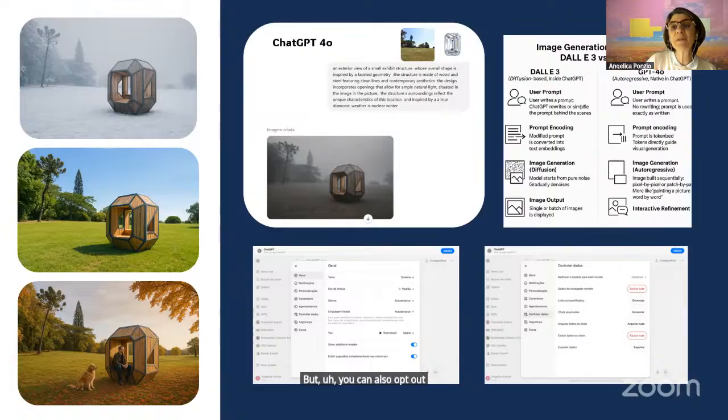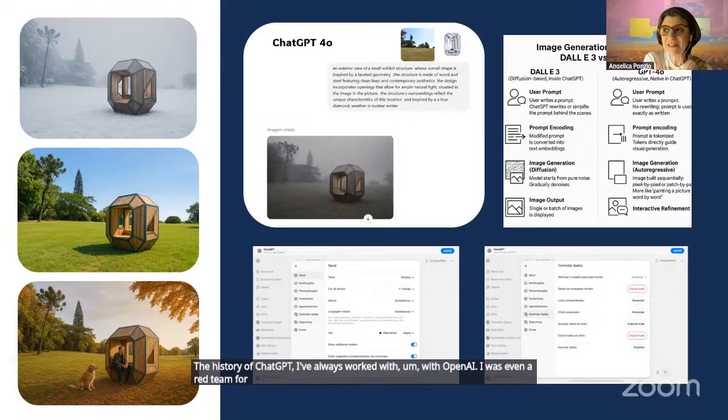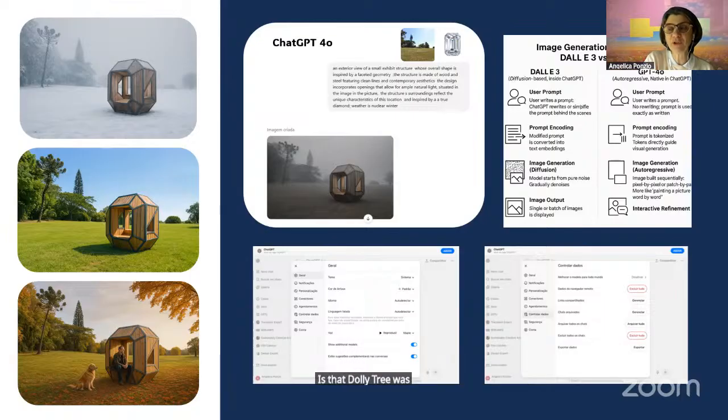One big difference for me in the history of ChatGPT: I've always worked with OpenAI, I was even a red team member for DALL-E inside ChatGPT. The difference between DALL-E inside ChatGPT and when they moved to GPT-4o is that DALL-E 3 was a diffusion model.